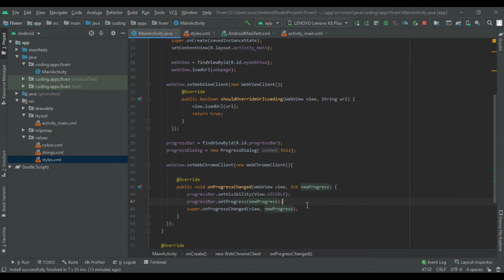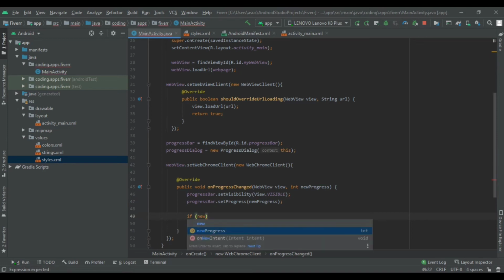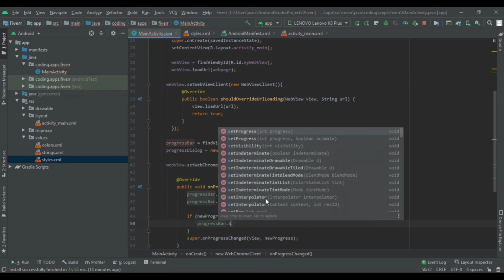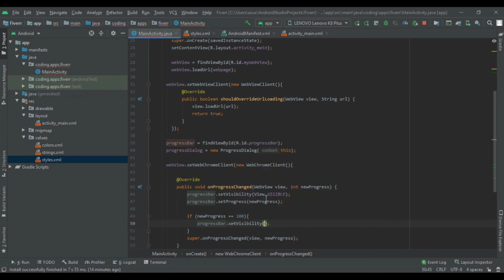So if our new progress is equal to 100, then we simply set the progress bar visibility to gone, so View.GONE. So this was our progress bar.